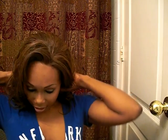Another wonderful thing about wigs is that you can turn it to fit the shape of your face. I was doing some research earlier and it was saying the oval shape is the perfect head, and you can wear just about any type of wig. And the round shape, you need to wear hair that at the top sits a little bit higher. Well, my face is kind of oval round. So what I like to do is have the front of my hair up just like this, and it makes it look even more natural for some reason. And then I have my hairline on the side right there. And then I like to pull some hair forward. And I generally just wear